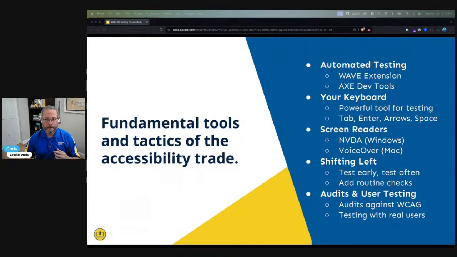We could be having users with cognitive impairments coming in, or veterans with PTSD coming in to test a website. There are a lot of different considerations, and usually it's audience specific and customer specific what we're testing for, right? But at a fundamental level, usually we're having blind users come in and test with their screen reader to make sure that the interface is being read back to them in an appropriate way that they don't find confusing for user testing.